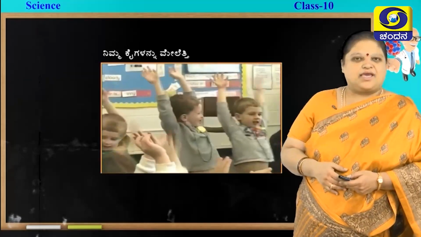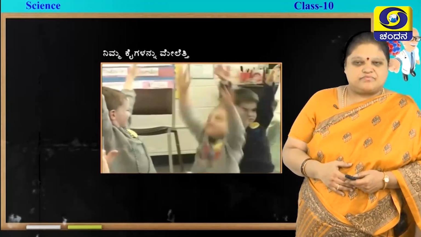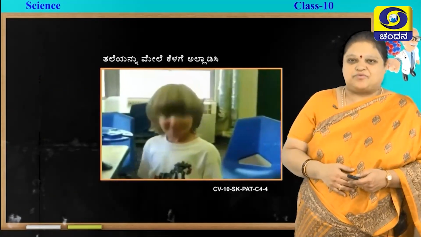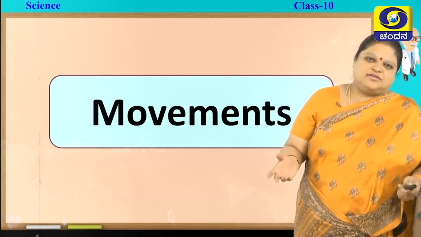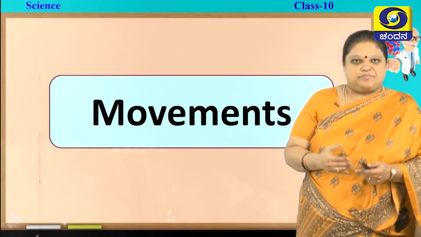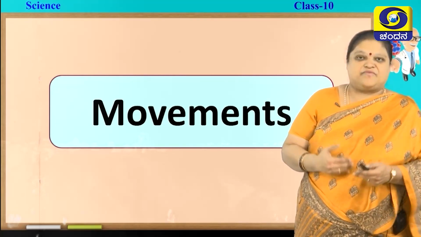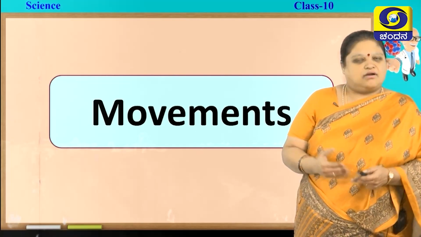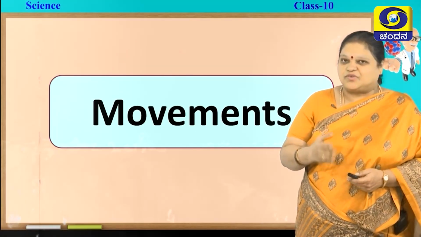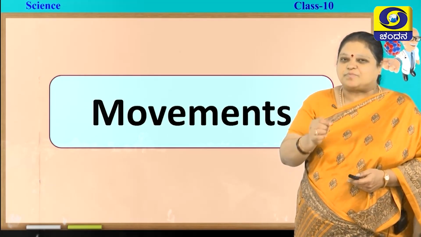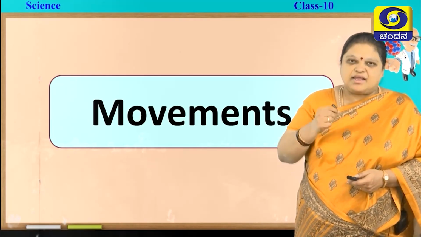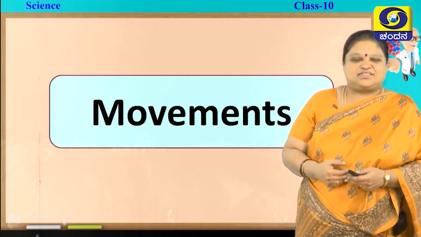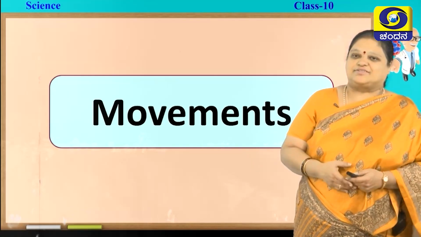Here children are playing for the sake of entertainment. You can see that they are lifting hands, shaking their heads, etc. It is another type of movement that you are seeing. So, you find so many types of movement. It may be for hunting, for escaping from the enemy, it may be entertainment, it may be for the sake of growth or many other purposes. So, today we will be studying about some specific types of movement mainly meant for growth purposes. So, how does this movement take place, why does it take place, and other details of it.